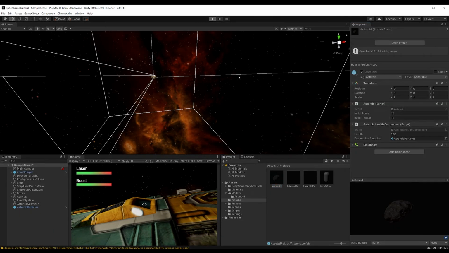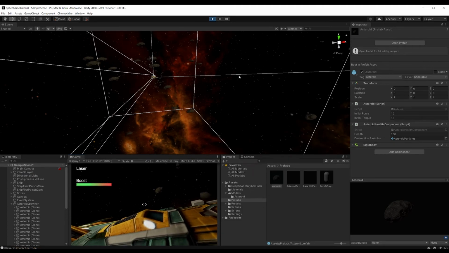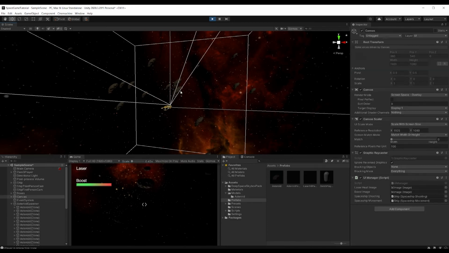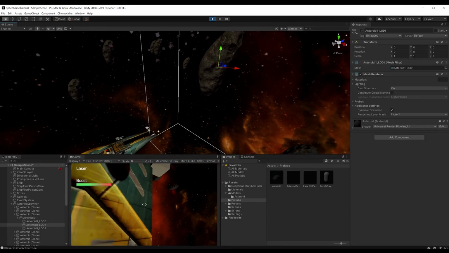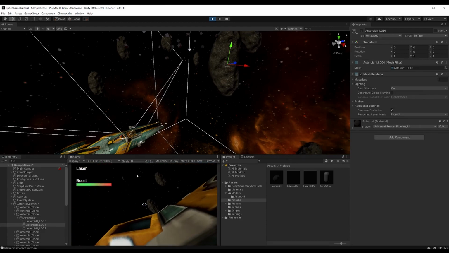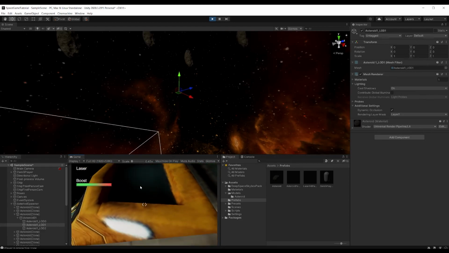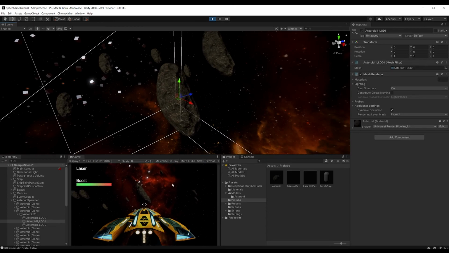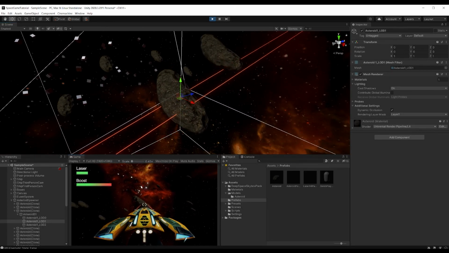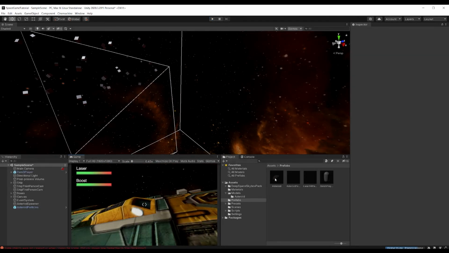And we'll go to play. Let's just find an asteroid over here to shoot and destroy. Get in our ship. And we'll shoot the asteroid, and it doesn't work because